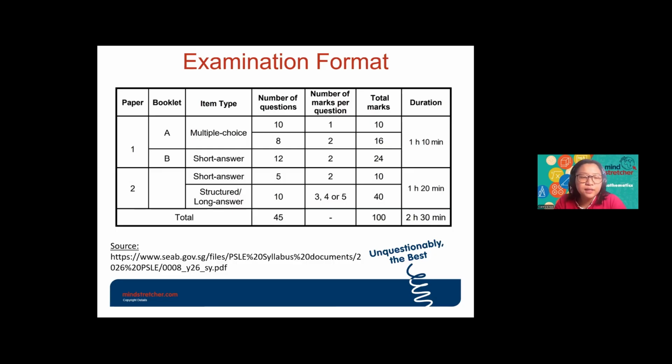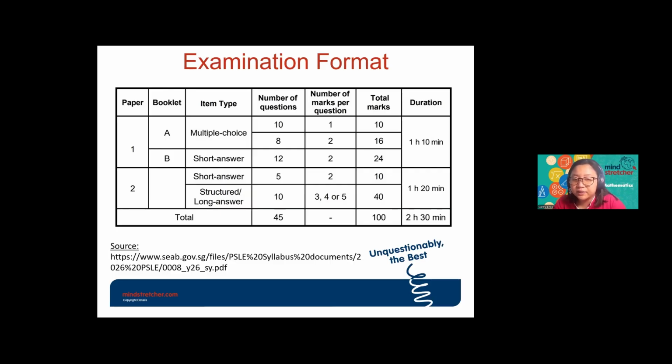Right? So you see, in paper two, the total marks again, 10 marks plus 40 marks is a total of another 50. So the weightage is half in paper one and half in paper two. So is paper one important? Yes, paper two also important, equally important, because they are both worth 50 marks each and make up your total 100 marks. Because the questions in paper two, the last 10 questions, they are longer. Usually they have more words, require you to analyze more.